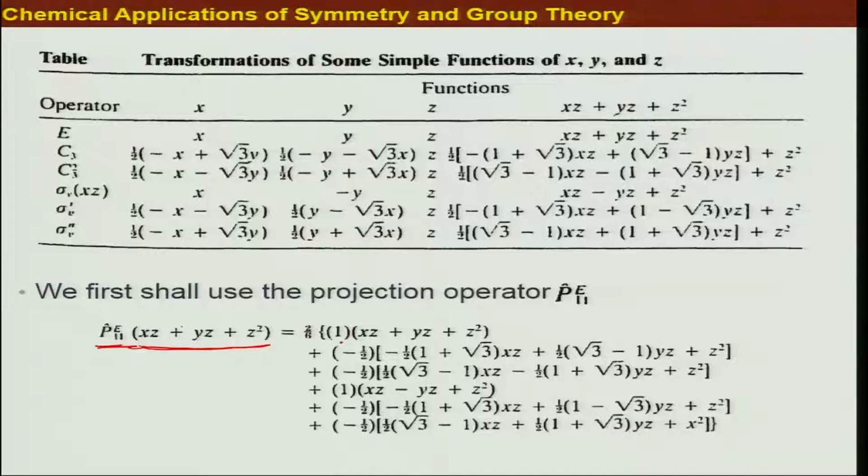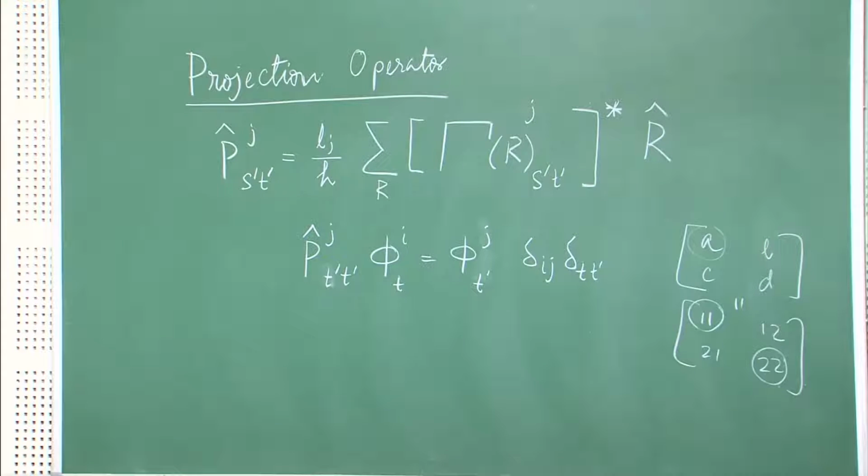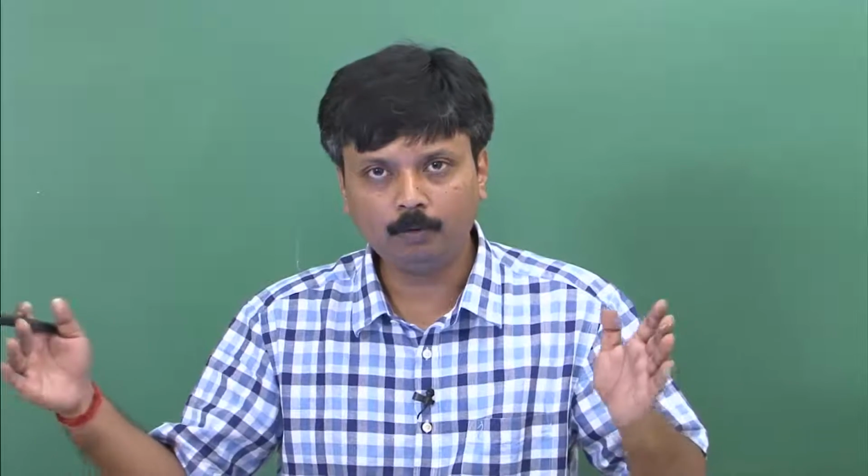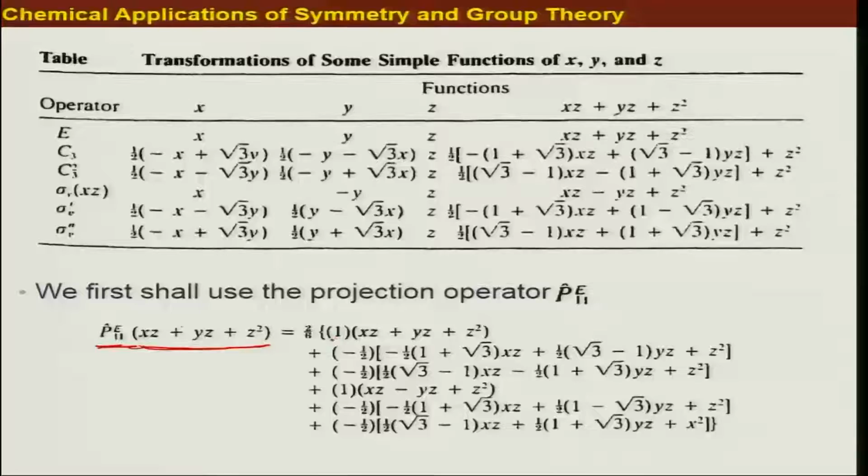Therefore you have the multiplication by the matrix element term, that is 1, and then whatever is happening to the function due to the application of the symmetry operation on that function. So it returns the same one. Now you move on because you have a sum over all r's. You have to keep doing this for each and every r, that is symmetry operation, and then altogether you have to add. So I have just told you about the E.